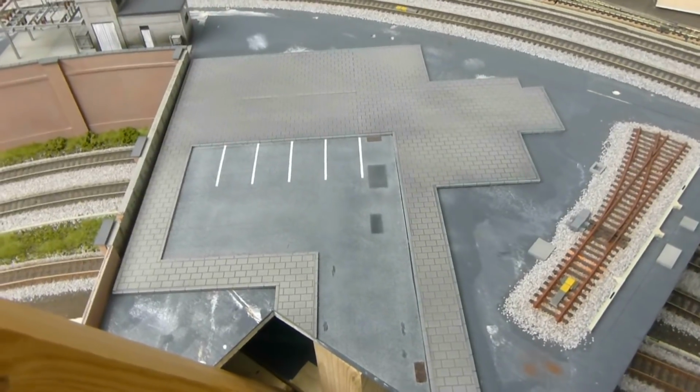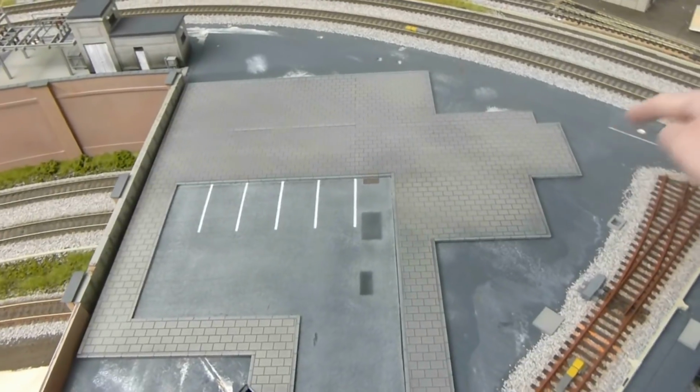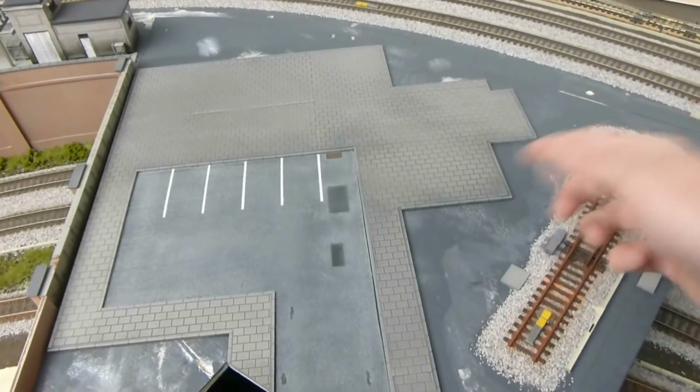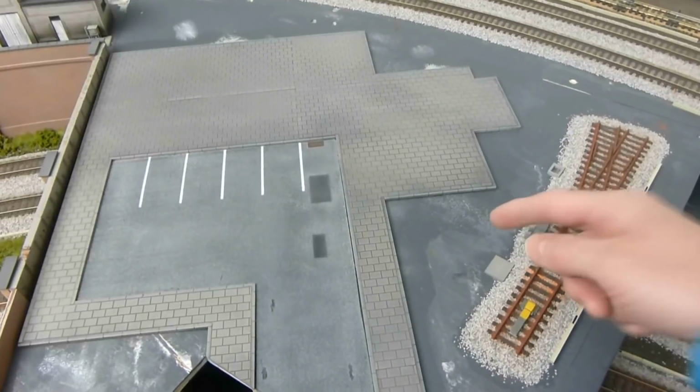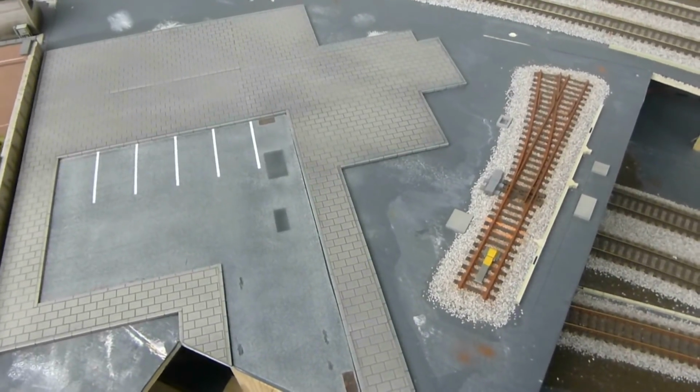I've still got to put some ground cover in here. I'm thinking about red chips, you know, like the red chips you have in your driveway, for the area around here for the workers to walk on. Obviously having ballast, it's too coarse for the workers to walk back and forward on, so something a bit finer. I might go for some N scale